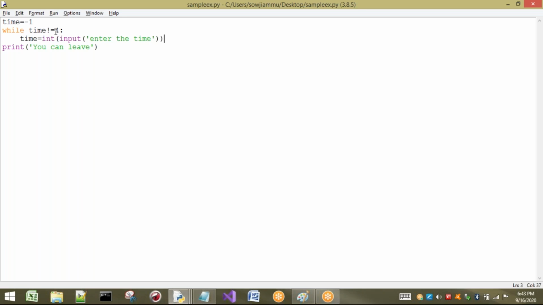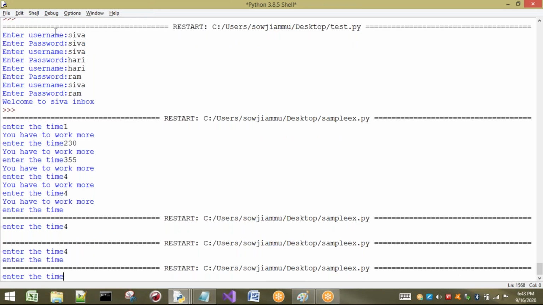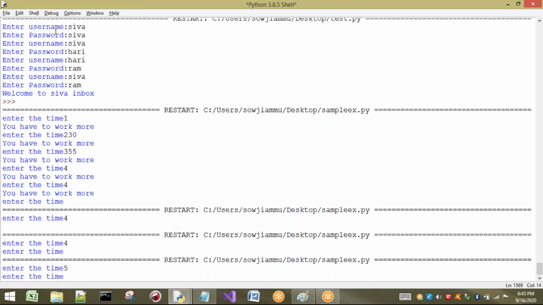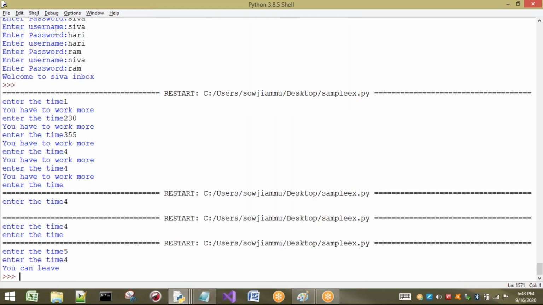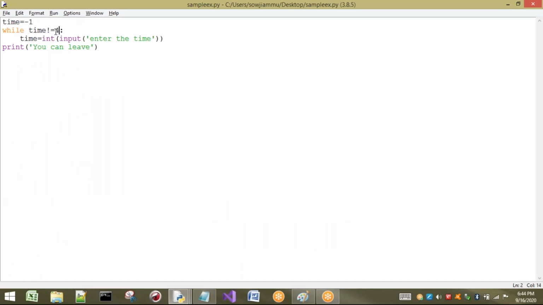If I take 5, again it is not telling me anything. If I take 4, it will say you can leave. Whether it is 5 or anything, we are mentioning not equal to 4. If not equal to 4, it will not give any response. If it is equal to 4, then we can write you can leave.